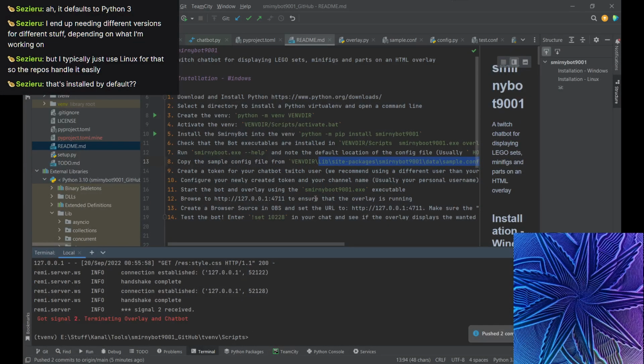And one thing that I also did, I told people to install virtual environments here, and maybe under Windows it's more common to simply install stuff into your Python installation. I'm somebody who always uses virtual environments, so I don't know if that is going to be absolutely necessary for everybody.